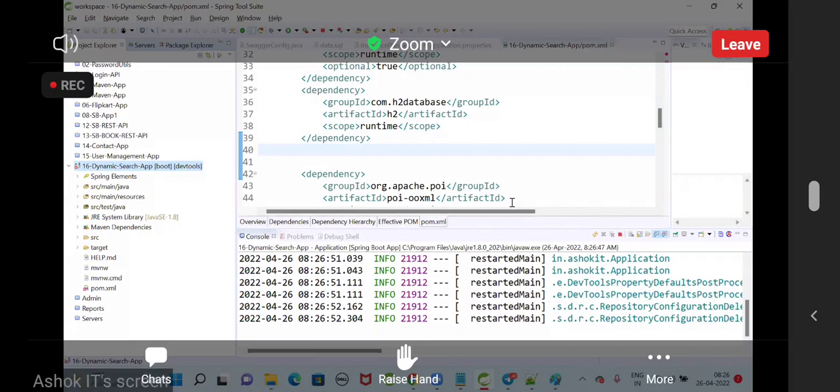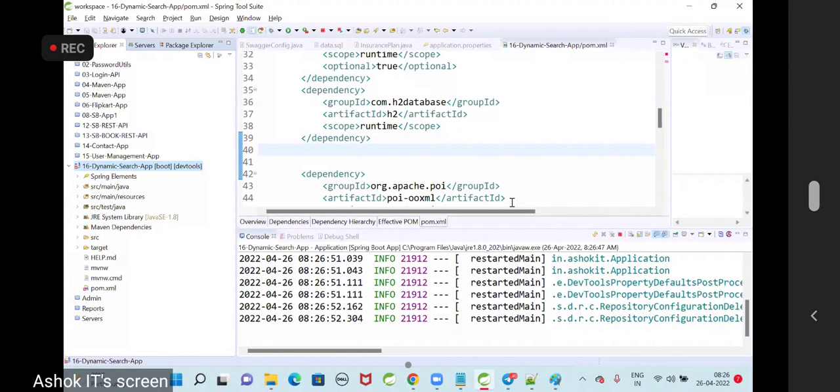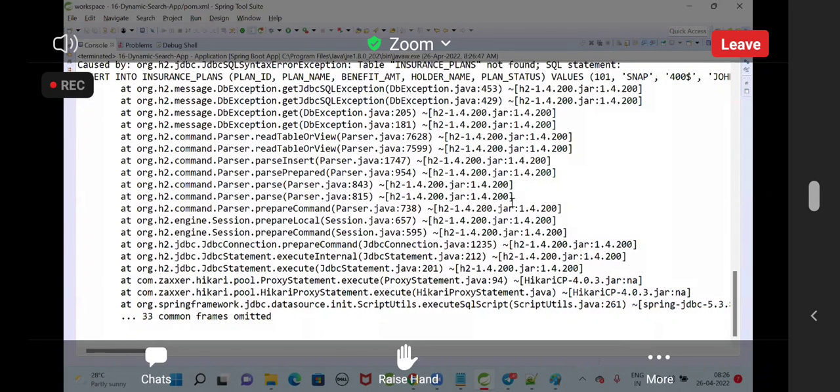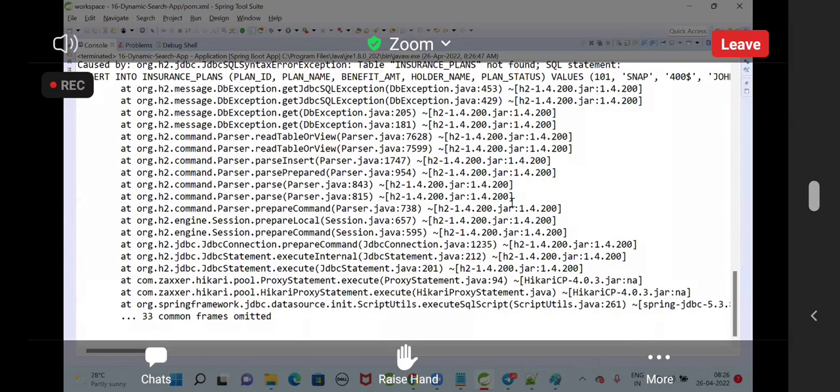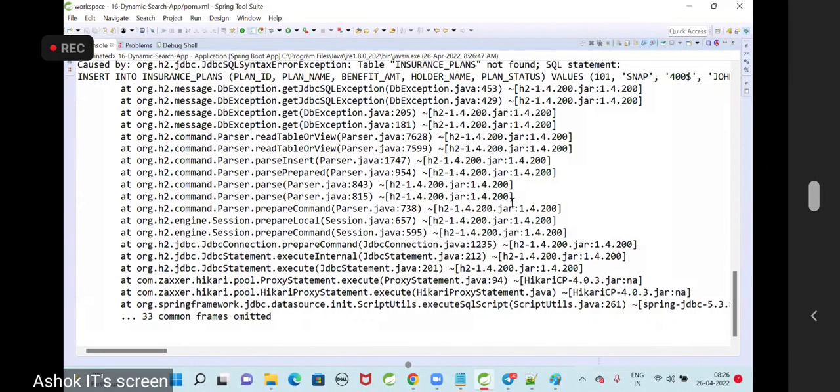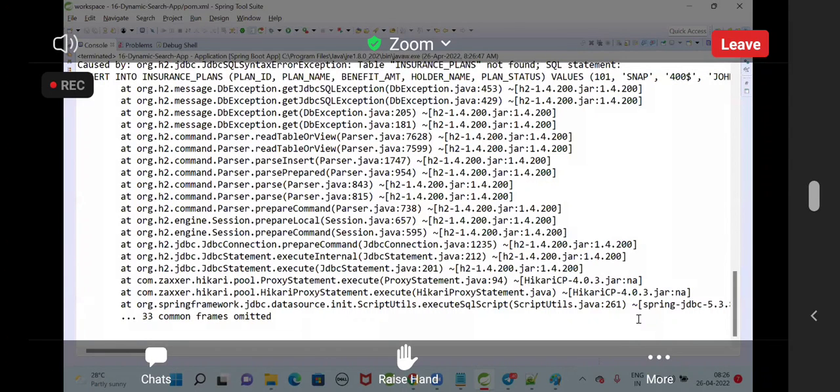Actually, when you go for data JPA with the H2 database, are we going to create the table? Our table should be created automatically. Come on, the table should be created automatically. But you know what is happening here is,